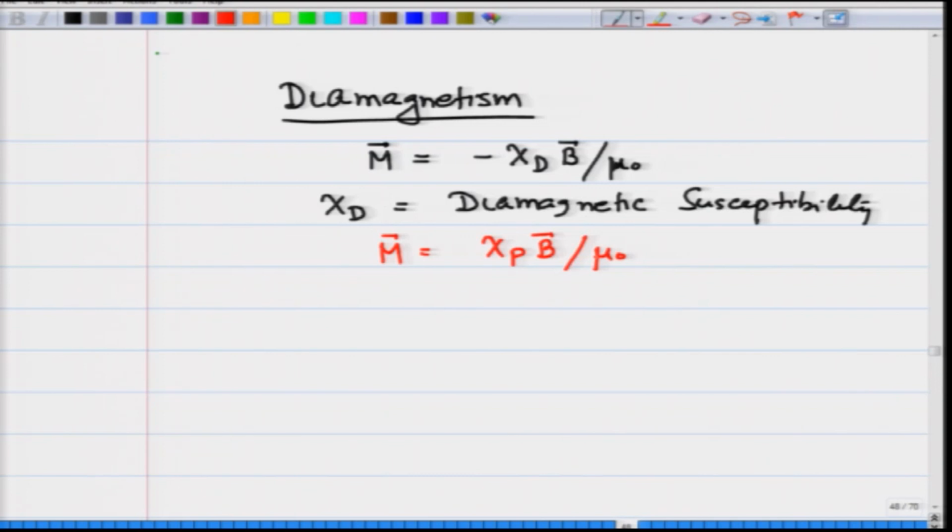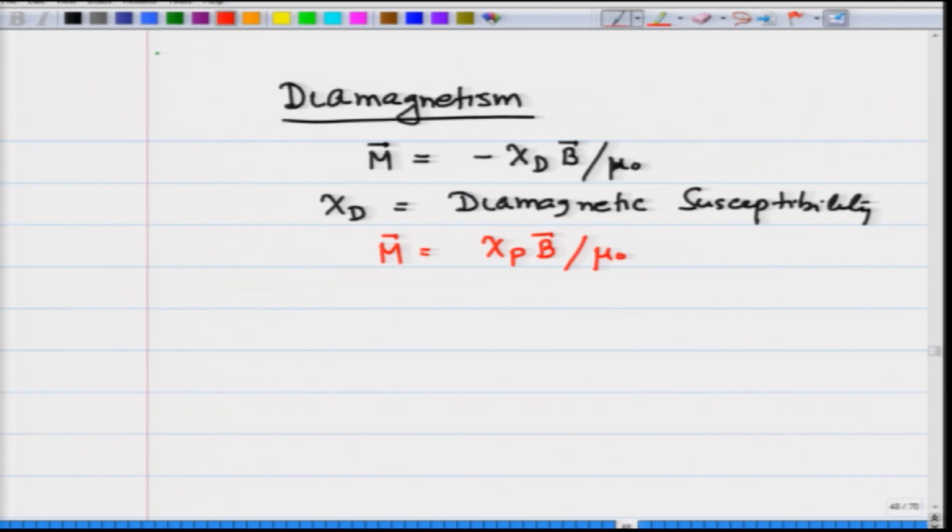I am writing chi p to differentiate it from the diamagnetic susceptibility, and we had calculated the paramagnetic susceptibility in the previous lectures. In this lecture, I want to focus on diamagnetism and see how we can calculate the susceptibility